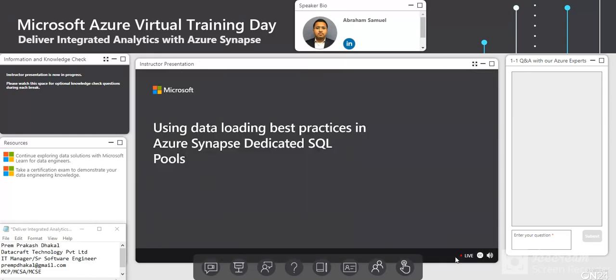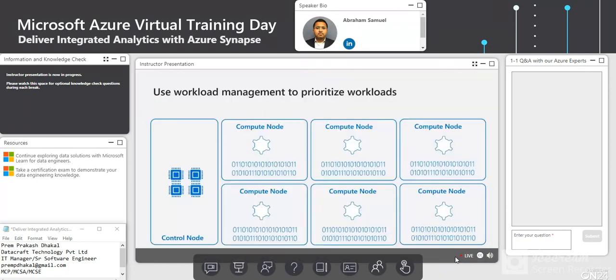All right, so let's take a look at how to actually load data and use some of the recommended practices with Azure Synapse dedicated SQL pools. Now, remember that with Synapse, we get multiple ways to load data into Synapse, but one of the things is we want to be able to efficiently load it. Some of the recommended practices that we should follow